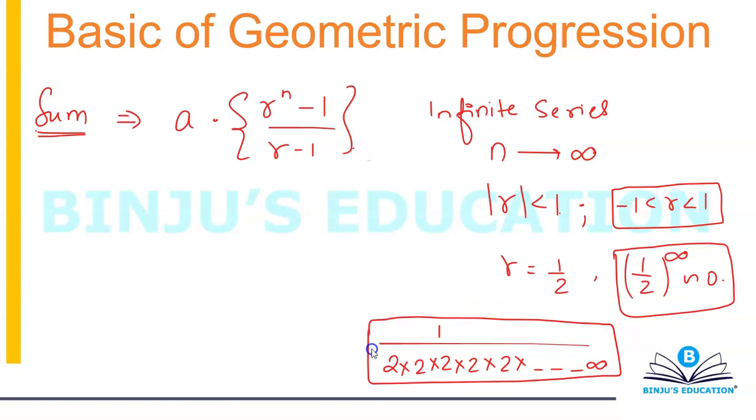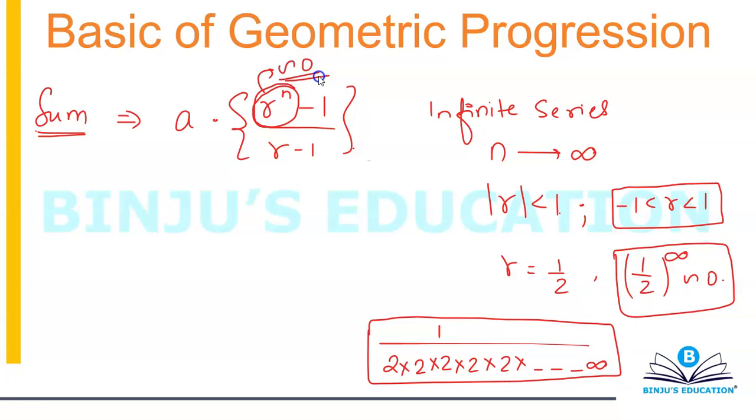And if you're going to divide 1 by 2 an infinite number of times, then obviously it will approach 0. I'm not saying it's going to be exactly 0, but it's going to approach 0, yes or no? It's going to approach 0, which means you can say that this value is roughly 0. I can use that approximation and say this will be equal to 0.